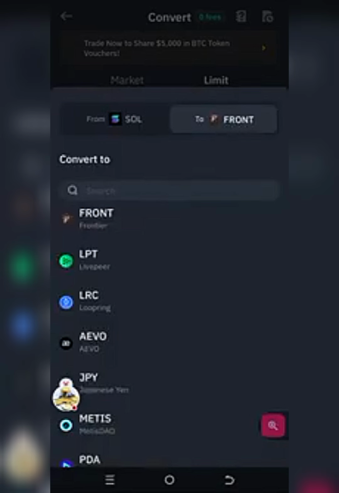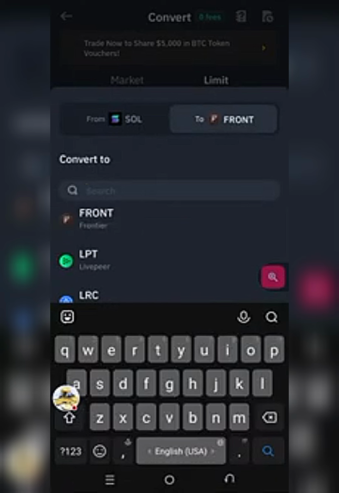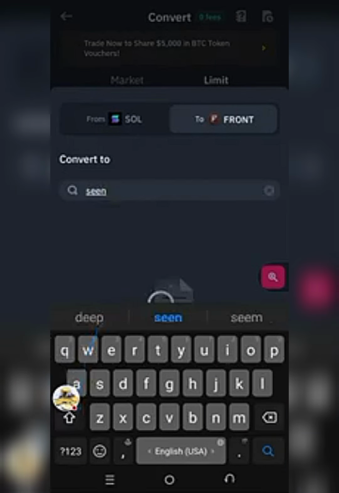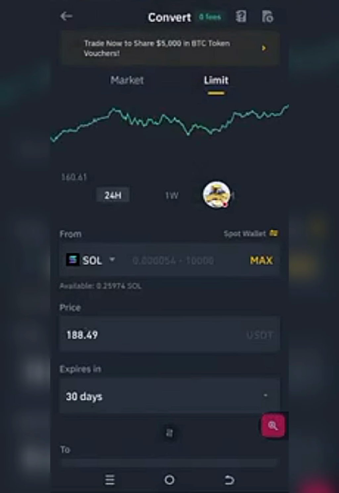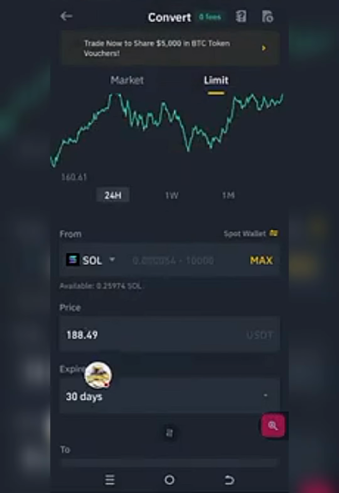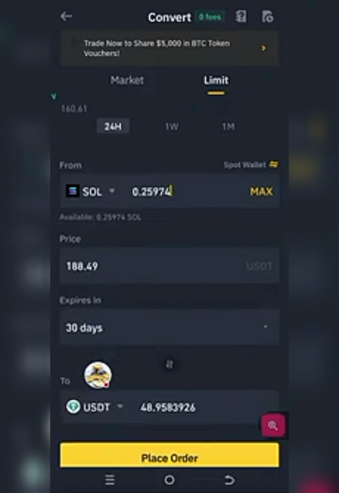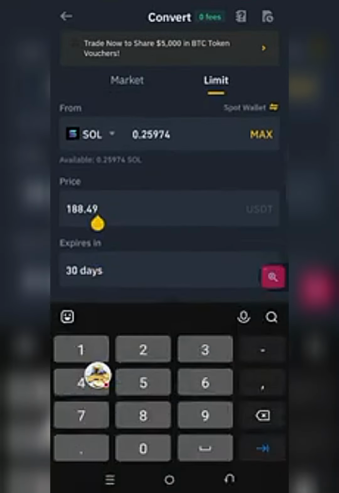Okay, Solana is here. What am I doing? USDT. We are picking trades, guys. We're picking the big guys today. The big guys are on board. And we are in profit right now. The big guys are on board, guys.